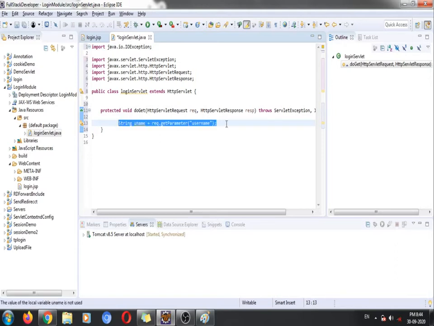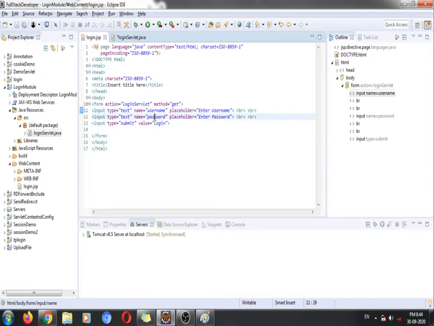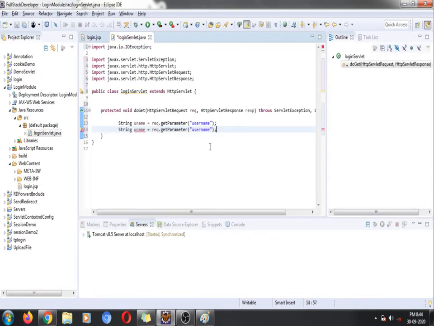Now we are expecting the password field, right? So I'll just copy and paste. I'll take this one also and I'll write pass here, that is nothing but our pass string. Okay, fine. Here we go, we got our username and password in the uname and pass variables. Now I need to cross check or verify whether the username and password are right or wrong.